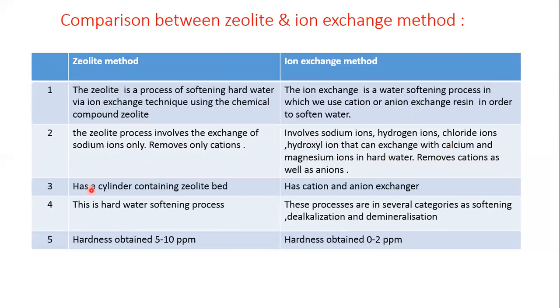Third point: it has a cylinder containing the zeolite bed, while the ion exchange method has the cation and the anion exchangers. The fourth point: this is the hard water softening process, while in the ion exchange method, this process has several categories such as softening, dealkalization or demineralization processes. And the last point: the hardness obtained in the zeolite method is 5 to 10 ppm, while in the ion exchange process, hardness obtained is 0 to